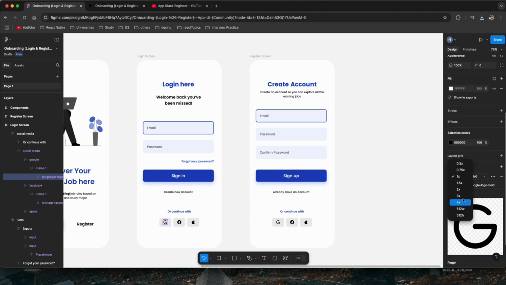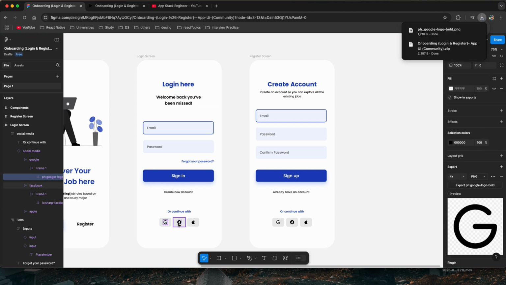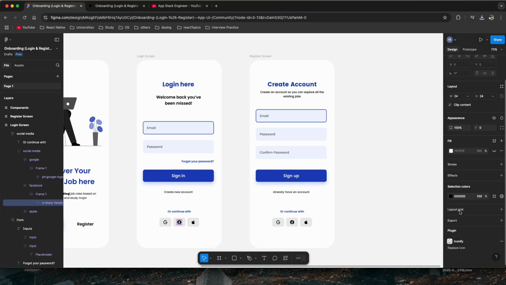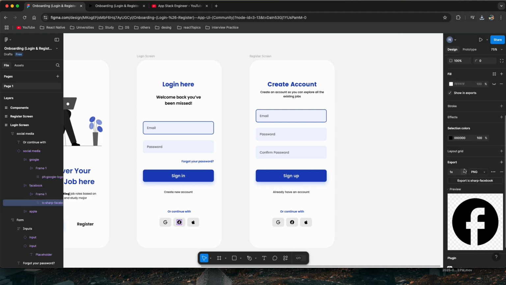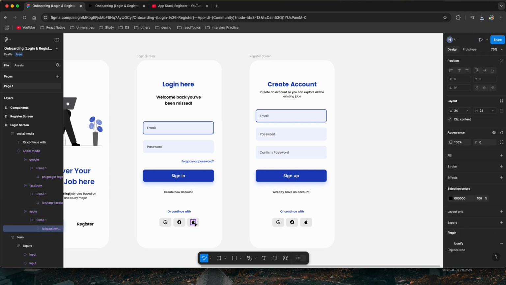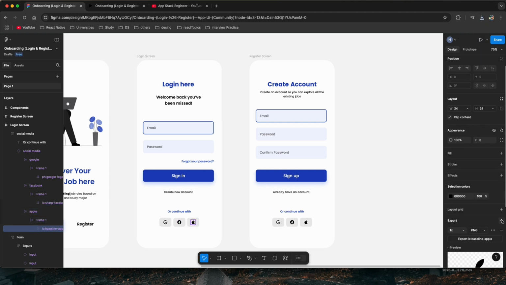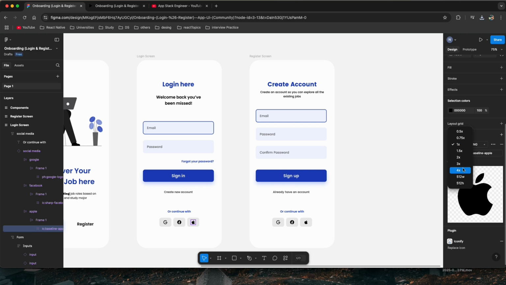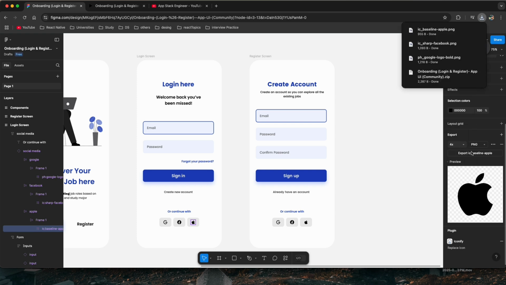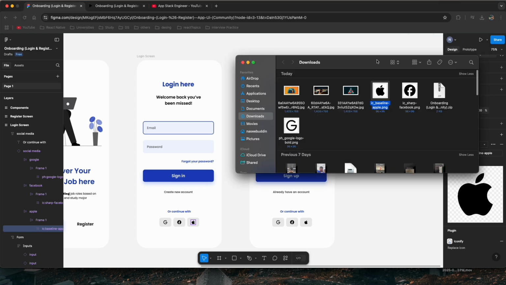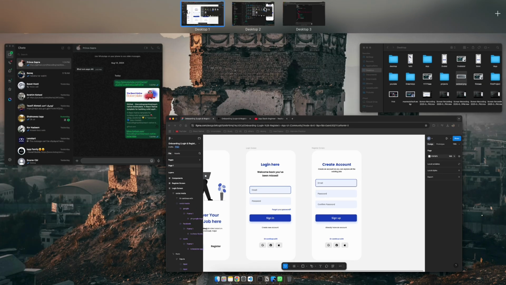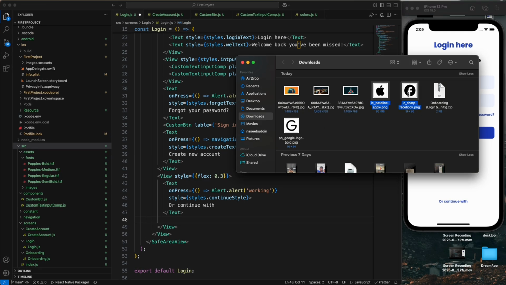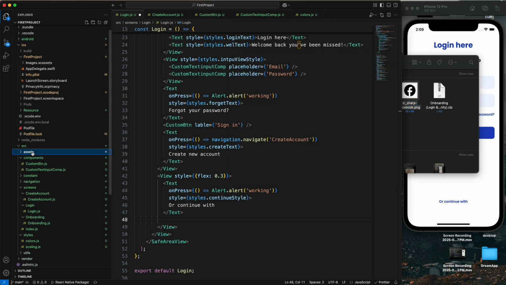I'm taking the 4x SVG, and this is the Facebook icon. Take the 4x, and then we have an Apple icon, and save it. So these are the icons. Let's go to the project 123 and just paste in your assets folder, and this is the assets,